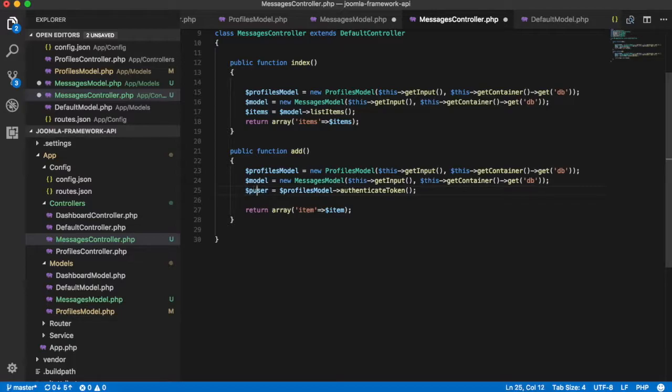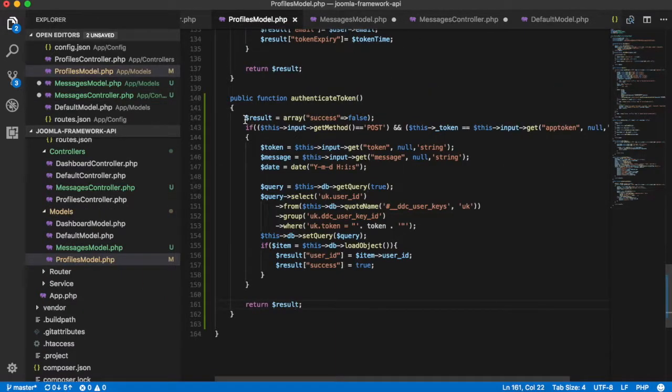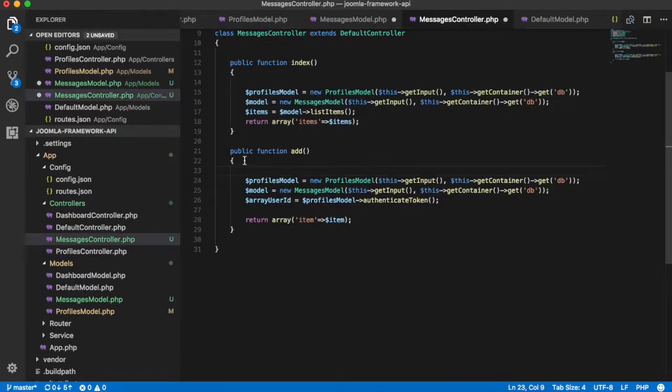So we will have this, so this is our profile user ID, or let us just call it array user ID. Again, where we're passing back item. So like here where we set this result of false, what we can do here is set the item to be false. So we're initializing it with false. We're then carrying out our steps, and if everything works out to be true and we are able to post our message,